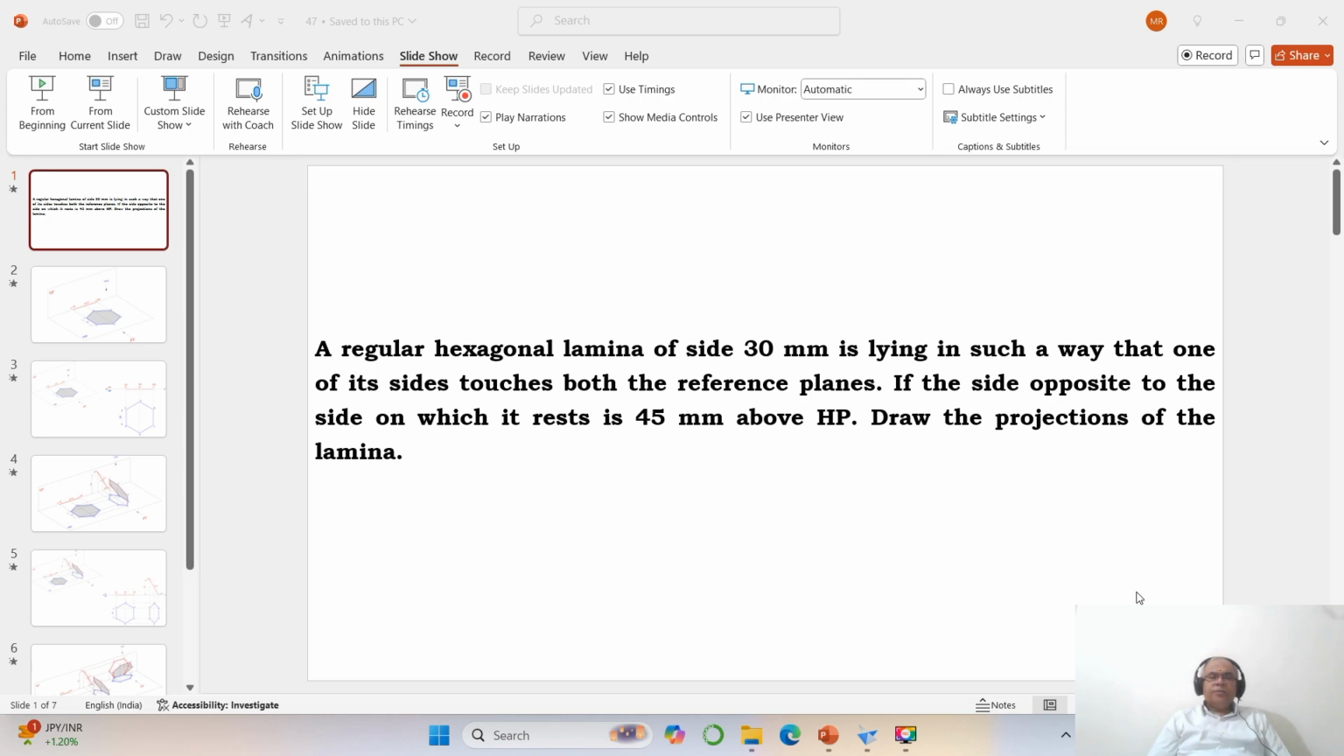Now, in this video, we are going to take a problem on the projections of laminas. How to solve this problem by using the SolidEdge software. The problem reads as a regular hexagonal lamina of side 30 mm is lying in such a way that one